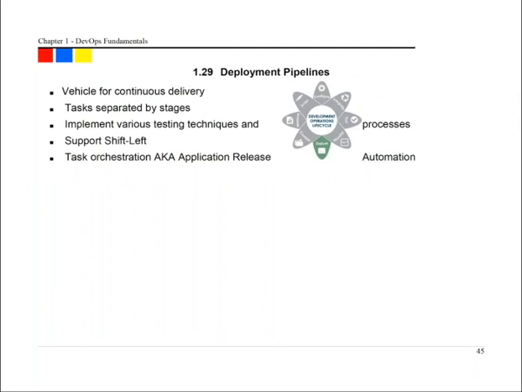It depends on this concept called a deployment pipeline. Now, a deployment pipeline is really just a jargon term for the automation around the deployment process. It's a mechanism, a means to an end for continuous delivery. And a deployment pipeline, this automation, is typically a set of tasks that are broken up into what we'll usually call stages. And at each of those stages, they kind of mean something. At each stage, we're implementing testing, and we're implementing some controls that allow us to intervene in the